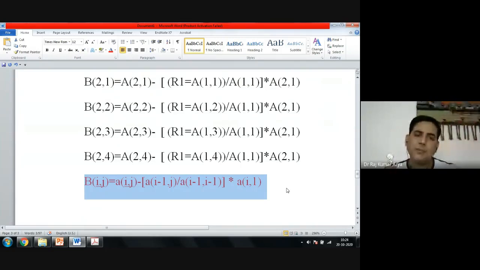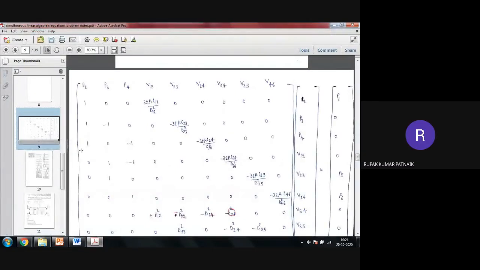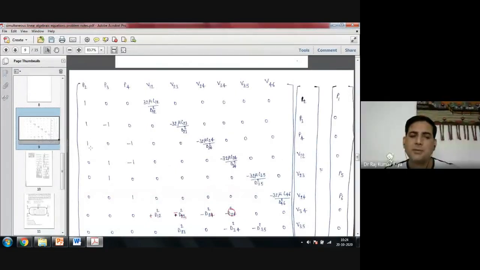Now what will happen when I go to the third? If I go to 3, let me check, am I getting what I need or not? Because I have to do the same thing for the third row also. Yes or no? Yes, sir. For the third row also, I have to make this term 0, yes or no?